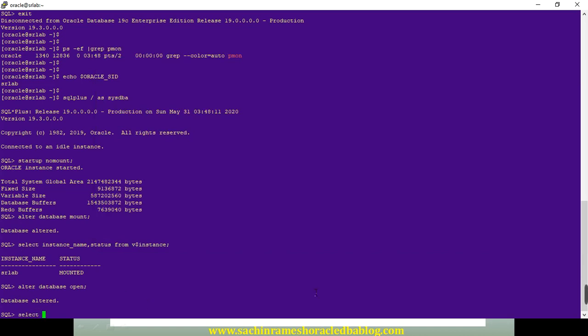Now you can see name, open mode, log mode, logins, startup time, status, host name from the v$database and v$instance views.